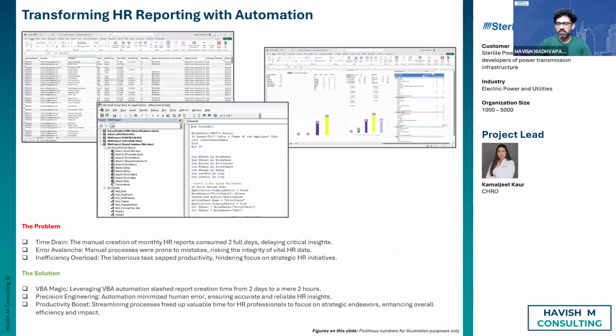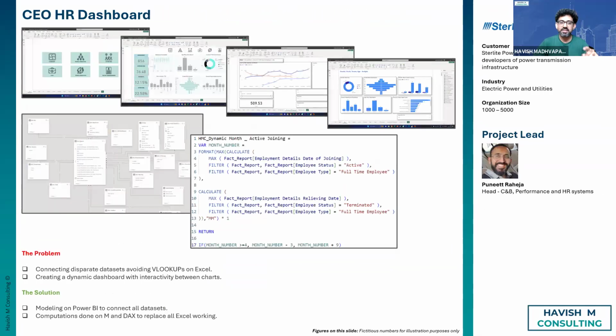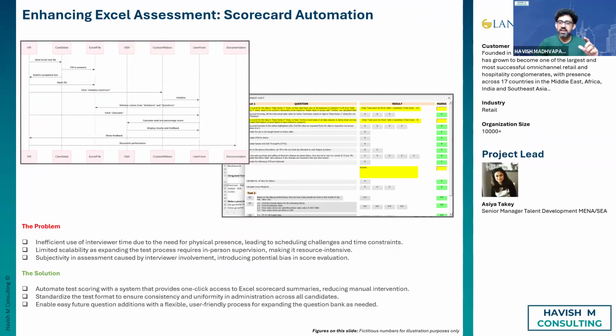Some of these you've already seen before, but we've also added new ones like the one we did for Landmark. This is a project that we did for Landmark Middle East, where the context was that, let me read it for you. Every time a candidate comes for an interview, it takes a lot of time because you have to schedule it, you have to reschedule it. There's a time constraint.